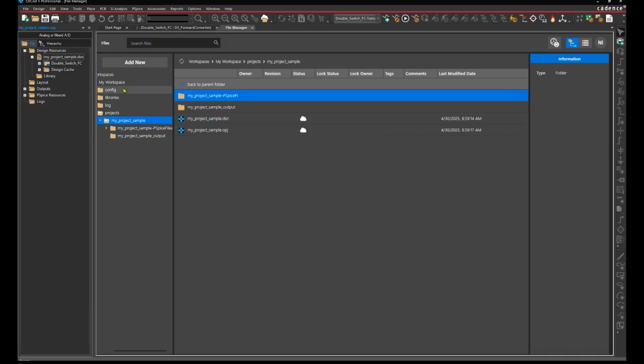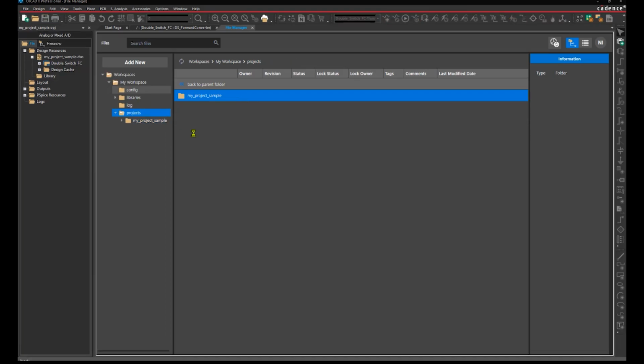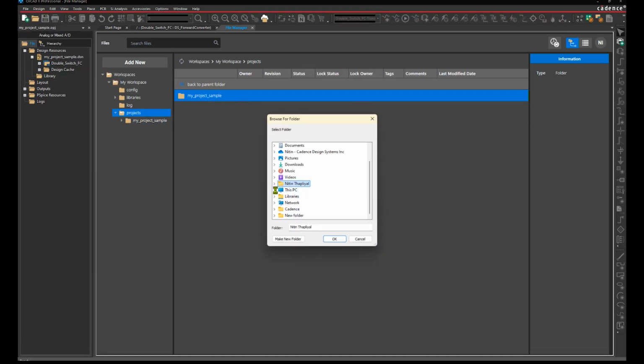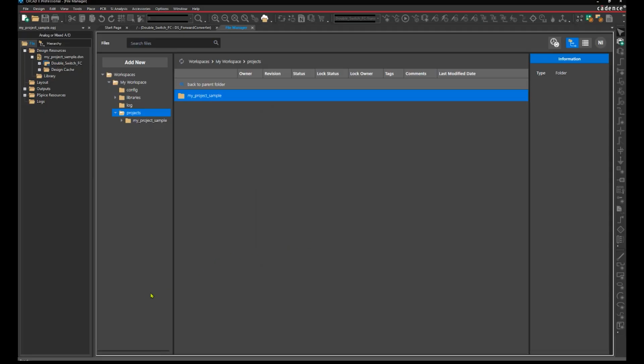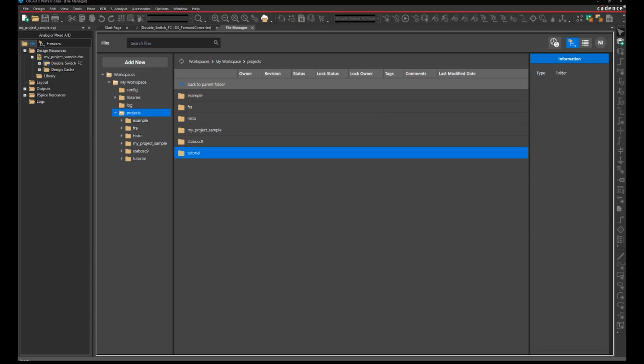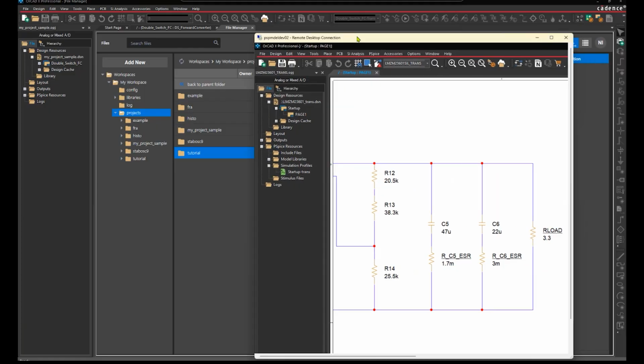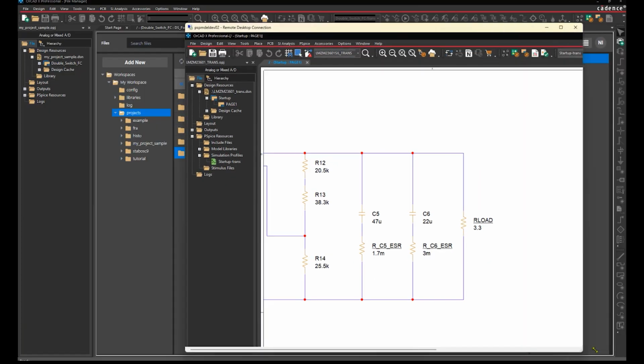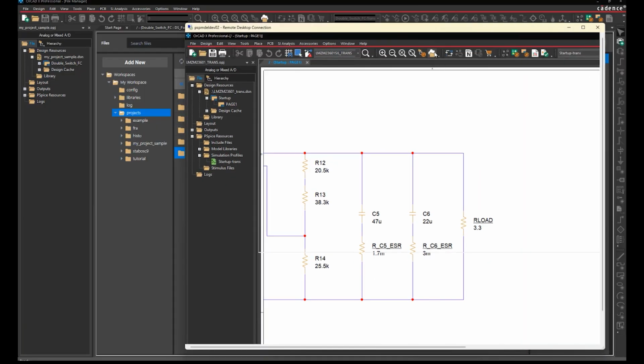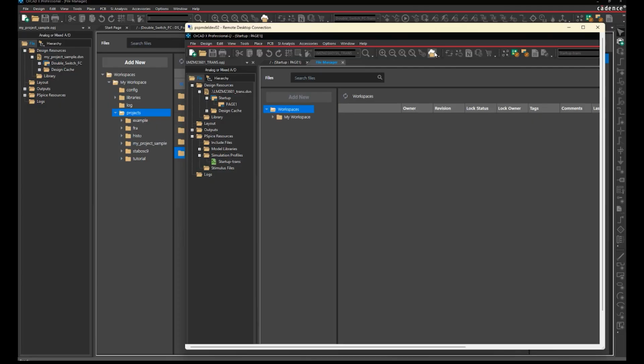To upload existing projects, click the Add New button, select Upload Folder, browse to the project directory, and click OK. Once the upload is completed, you'll see all the uploaded projects data in the My Workspace node. The logged in user always has access to content synced with the cloud. This means that when the user logs into another system with their credentials, the same data will appear in the